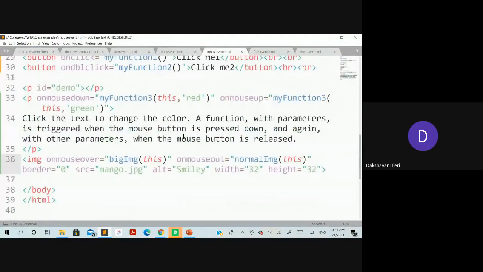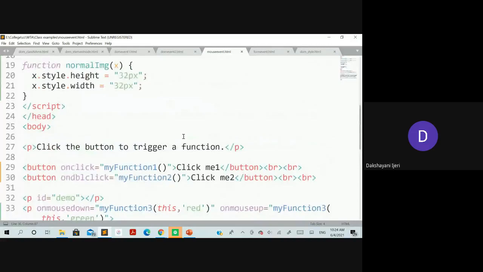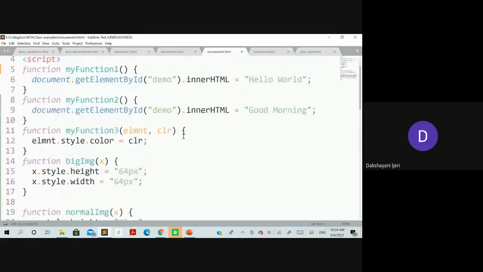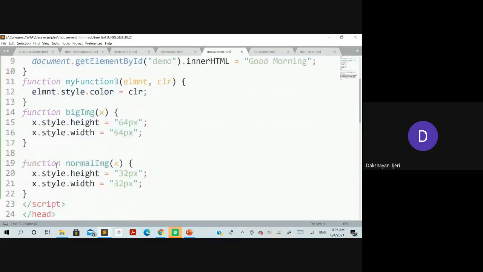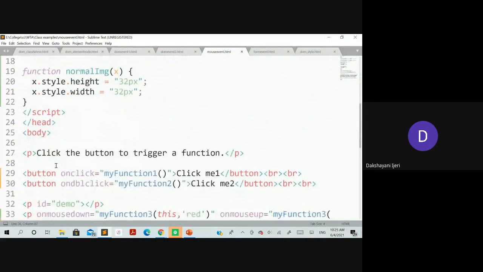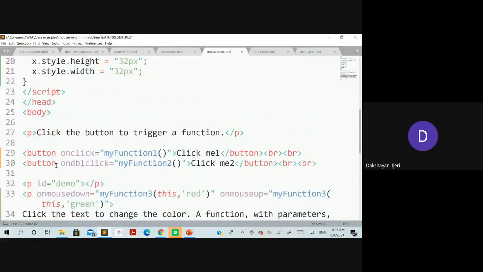Okay, these are not examples which I have written on my own. You will get plenty of examples from the internet. I have just copied them to show you how it makes a difference when you use them. I have used the embedded style of scripting here: within the head section I have used the script element, and within the script element itself I have defined all the functions that are going to be performed by the mouse. Let's first see the body section, and what contents we have taken to trigger these events.